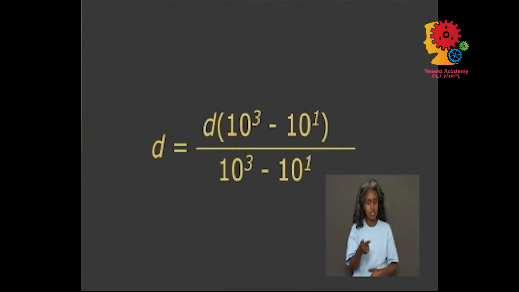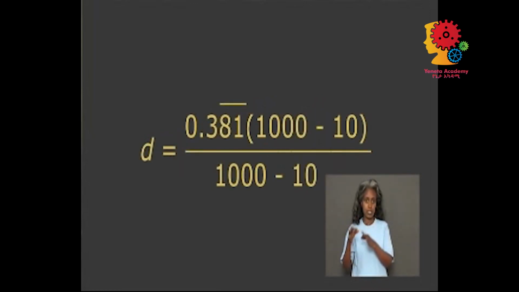Our formula tells us that D equals D times 10 to the power of 3 minus 10, divided by 10 to the power of 3 minus 10. If we substitute our value for D, we get